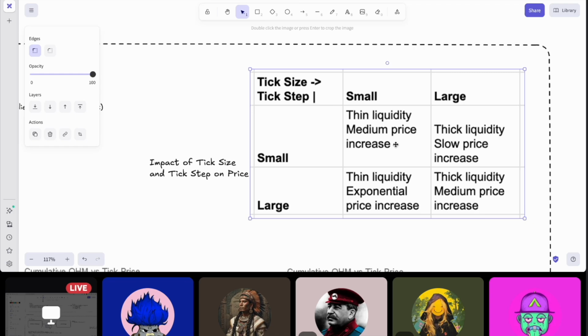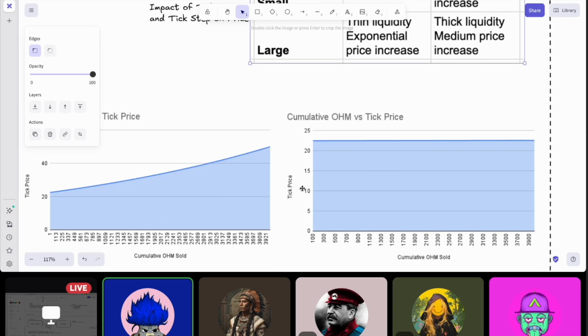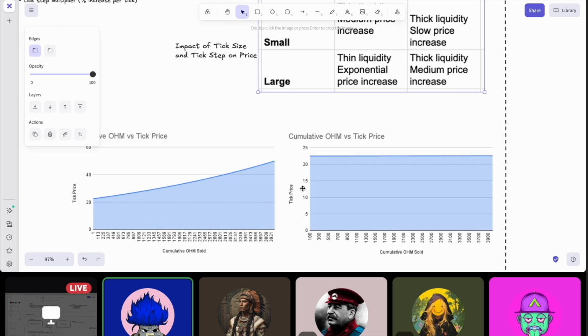On the other hand, if you have a large tick size, it ends up being very, very thick liquidity, and the price is not going to move so quickly. And you can offset that by having a very large tick step. So we may end up, through governance, changing the configuration of the auction over time based on how we see it performing in the market, and based on certain outcomes. But I have a couple of examples here,